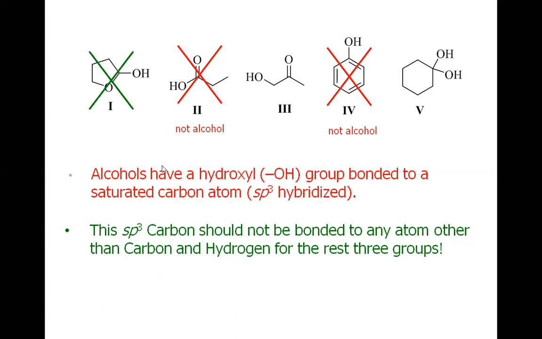By this token, we may also eliminate compound 1, which is not an alcohol but a hemiacetal. And compound 5 again is not an alcohol, because although we have the carbon hydroxy, we have two hydroxy groups attached to the same carbon. So this is not an alcohol but a diol, which is not considered an alcohol. By considering these two facts, we are left with only molecule 3, which is the alcohol, and which is the only answer for this question.